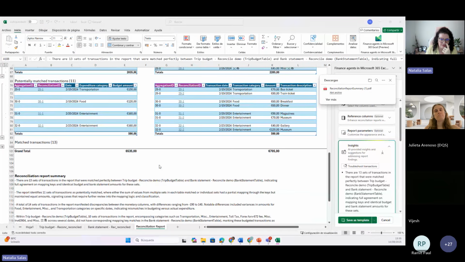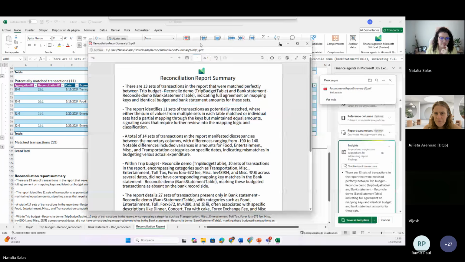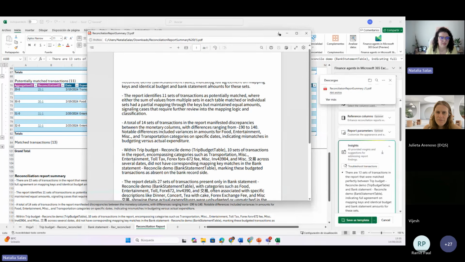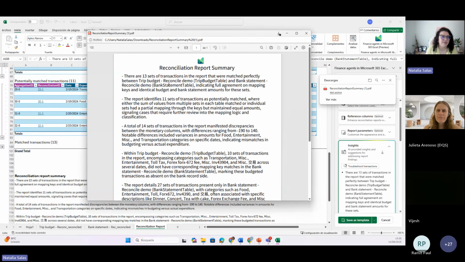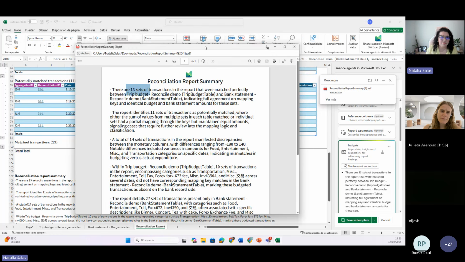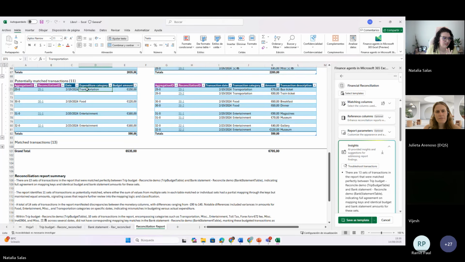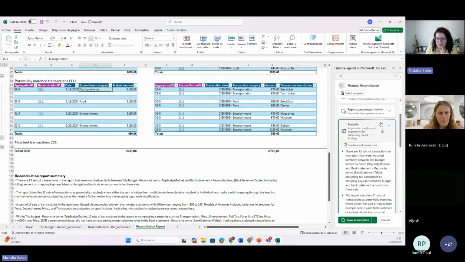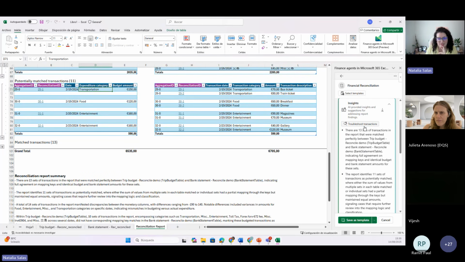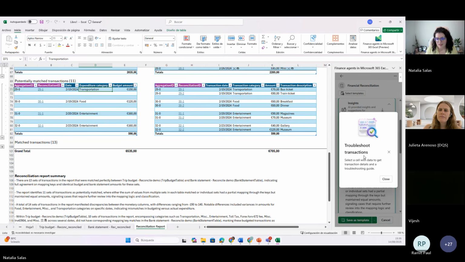And my favorite thing in the world, this is the report of the summary of the reconciliation. These are just the totals, what happened here. 13 were matched, these were not matched potentially, but this is my best tool. Troubleshoot transactions. This is amazing. I'm going to select a cell